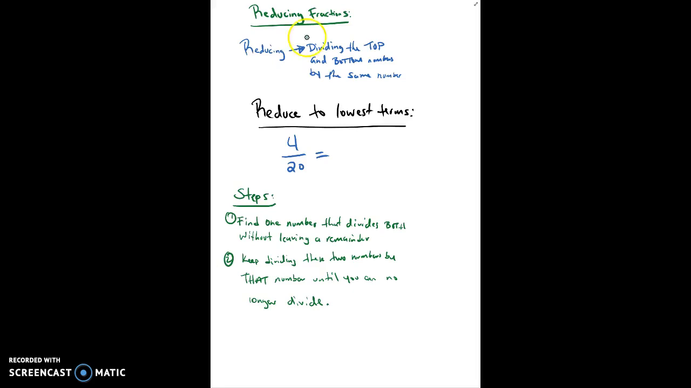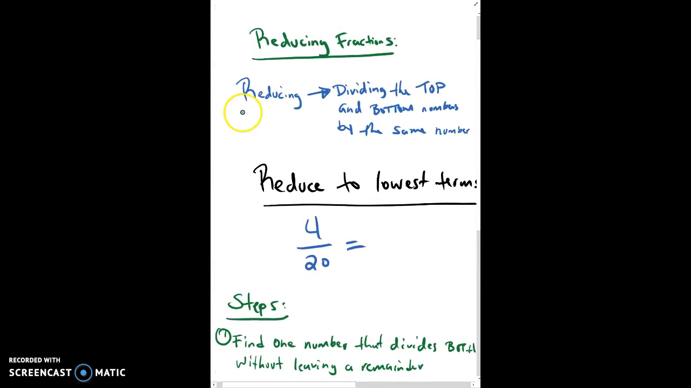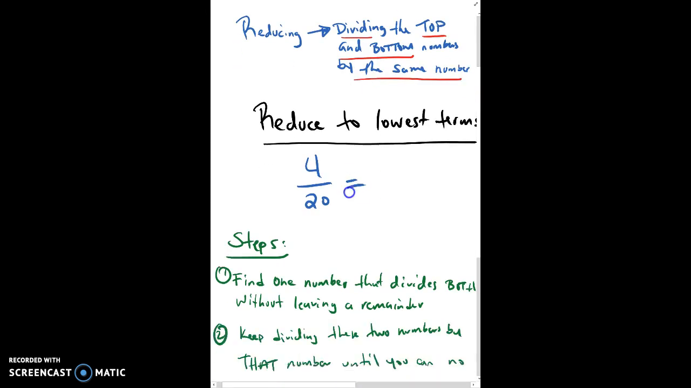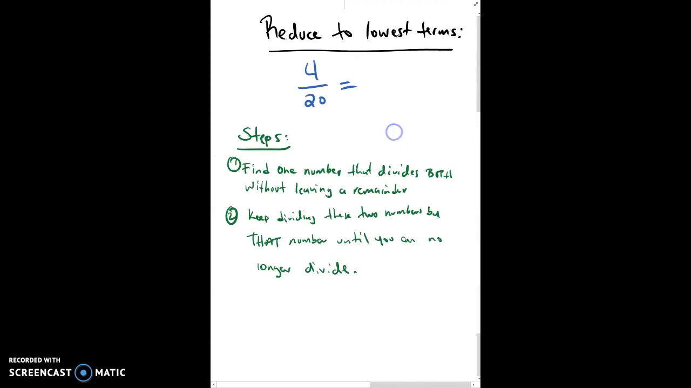Okay, let's go into reducing fractions. All reducing is dividing the top and bottom numbers in a fraction by the same number. For example, if we wanted to reduce 4 over 20 to lowest terms, there are two simple